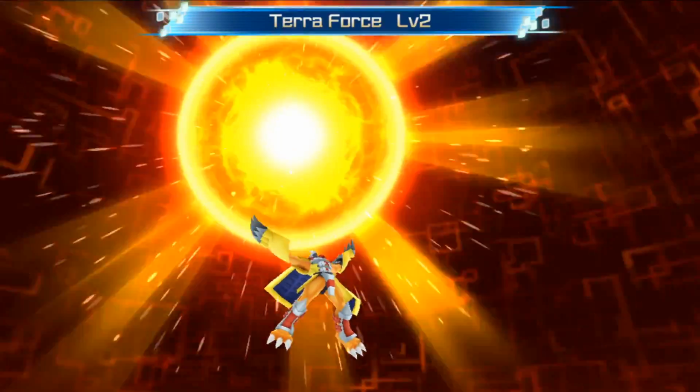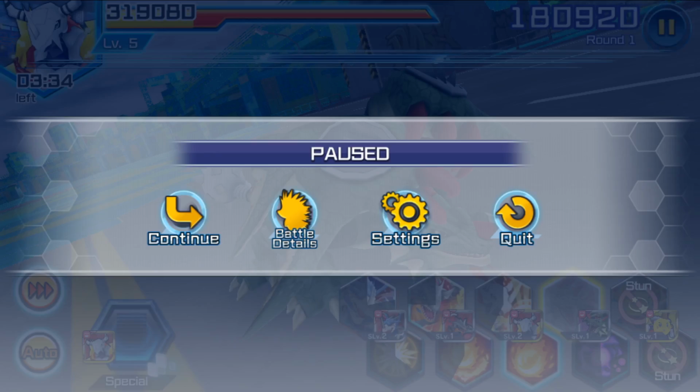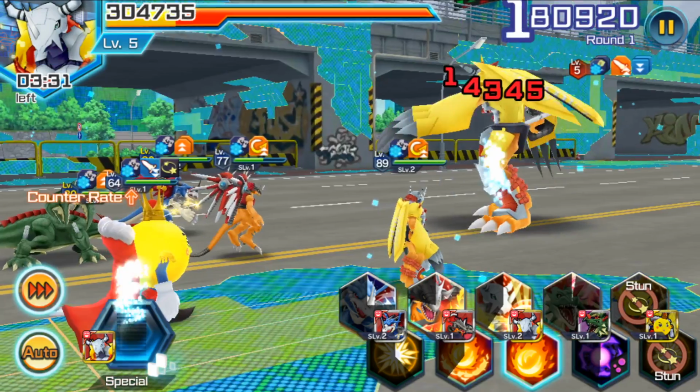Well, there is a way. If there's a will, there's a way, right? So if you go up here to the pause menu and go to settings, you have a little option here. During auto mode, specials will be activated automatically. You can turn that on or off. So we're just going to go ahead and put that back on, and then you just click continue, and boom,